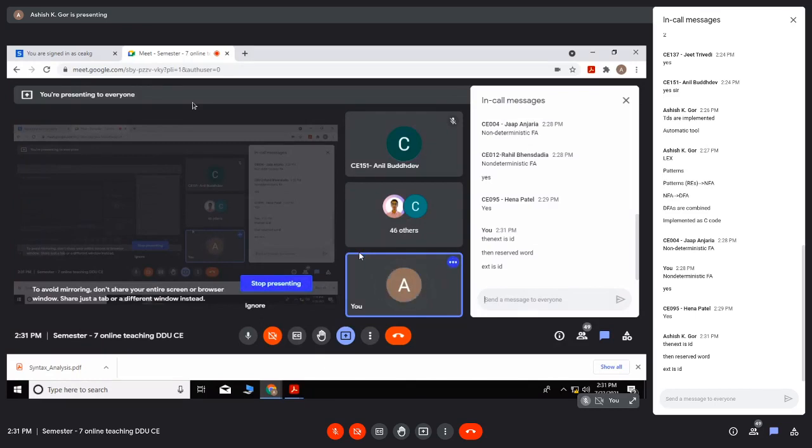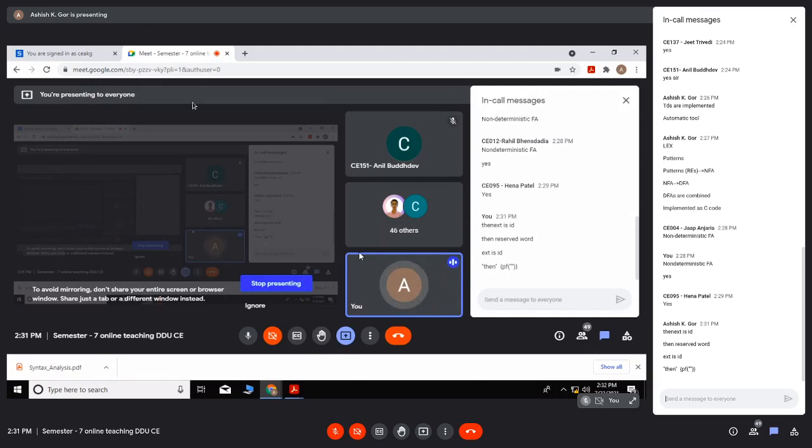Should we have the pattern for identifier first in sequence, or should you first write "then" and write some printf, something like this? You print something, and then you write ID and then write the code.